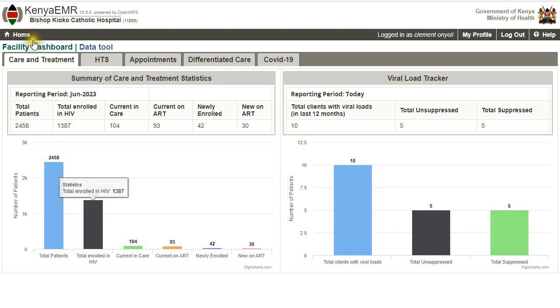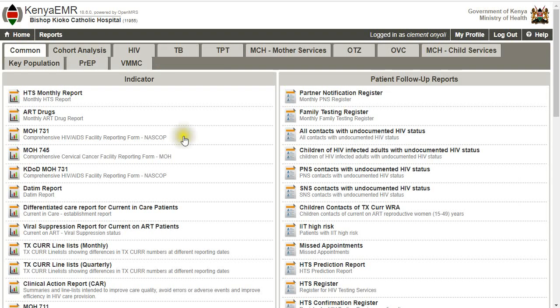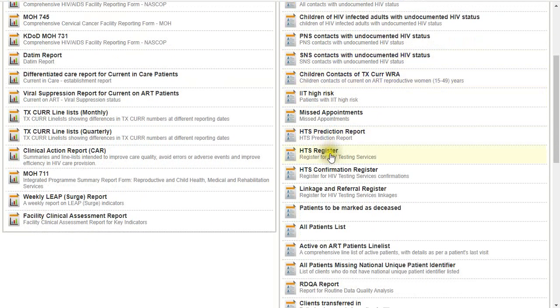Then you go to home. At home we will head to reports. Then under the common reports, you'll go under the patient follow-up. We have